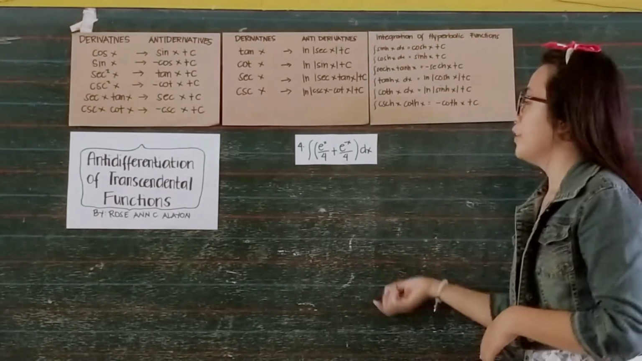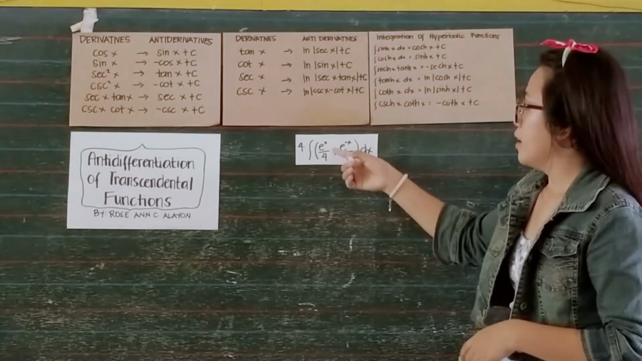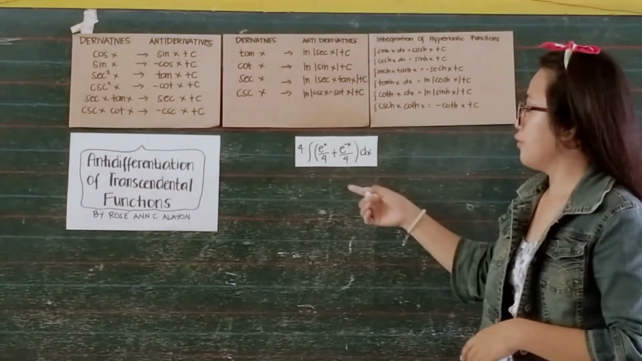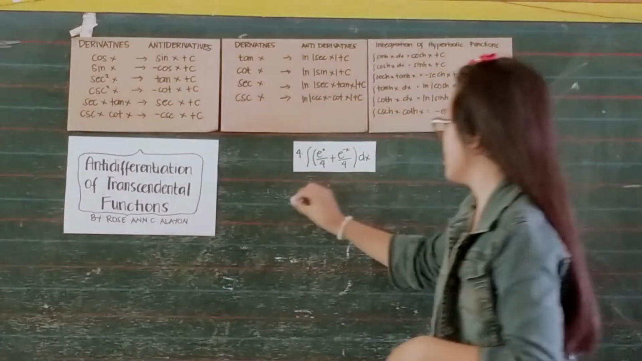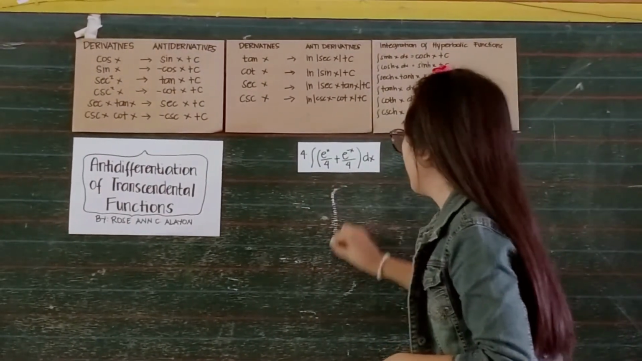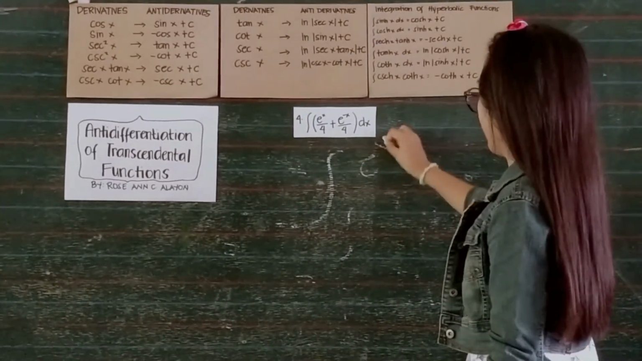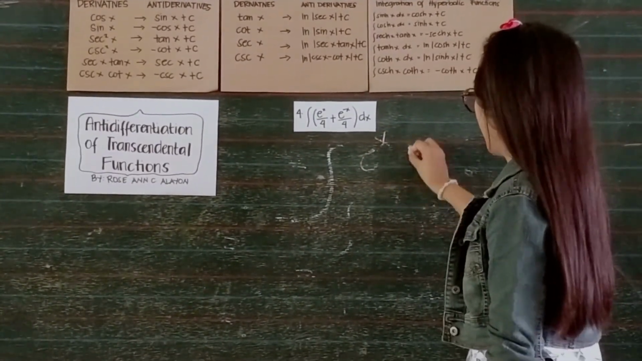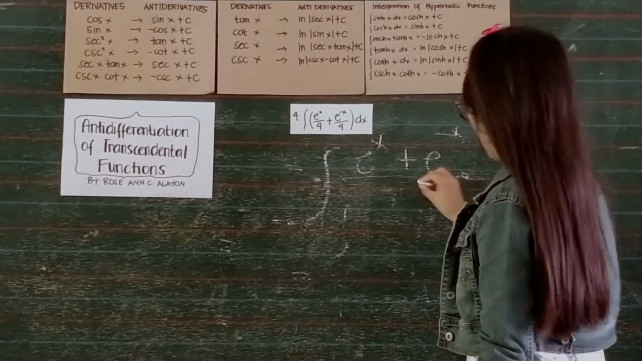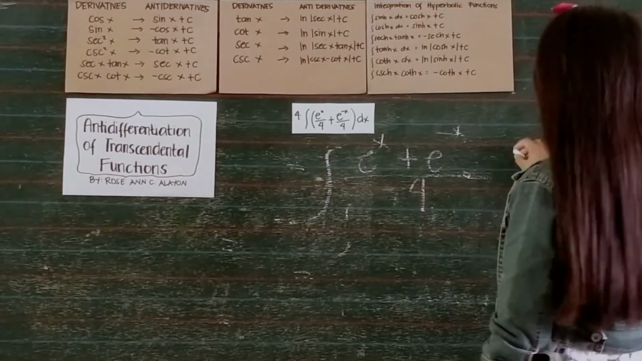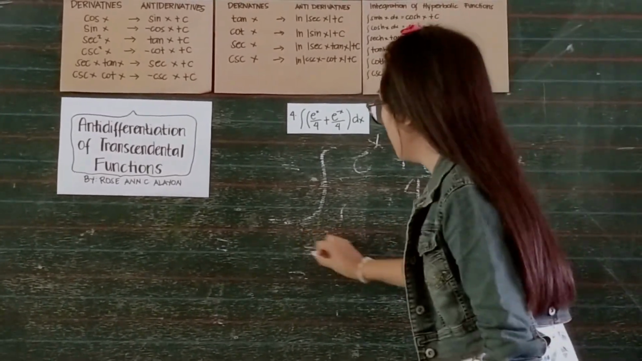So for our number 4 problem, the antiderivative of e to the x over 4 plus e to the negative x over 4 dx. So it is equal to the antiderivative of e to the x plus e to the negative x over 4 dx. So this is also equivalent to